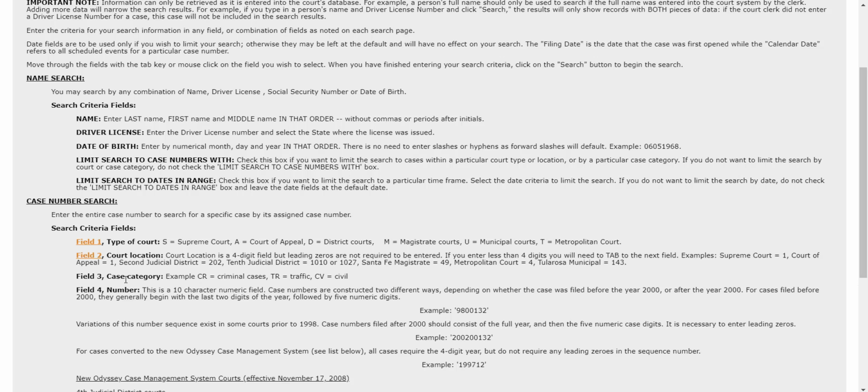Field 3 is the case category, so it only gives you a few examples here. So I'm going to give you a few more that you'll need to know. So CR is for criminal, and TR is for traffic, and CV is for civil. Those are the ones that they do give you, but you will need to know DW is for DWI, and also DM is for domestic relation matters. So those you will need to know as well. Okay, so depending on the type of case, you'll just enter that CR, the TR,